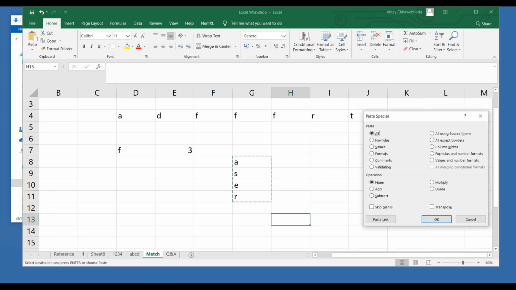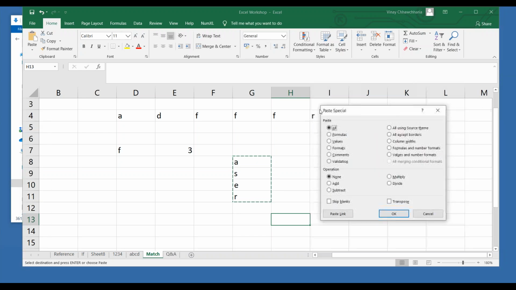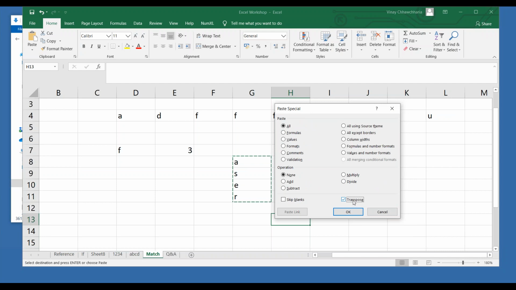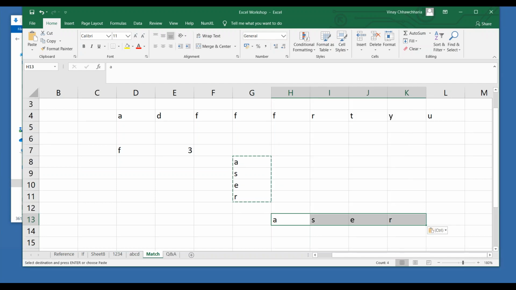Alt E S. Can you see transpose? It is E. So from vertical, you can convert it into horizontal. It is Alt E S, the window opens, and there are multiple options for what you want to do. So you can transpose it. Please try this. If you are not getting it, I will repeat it.